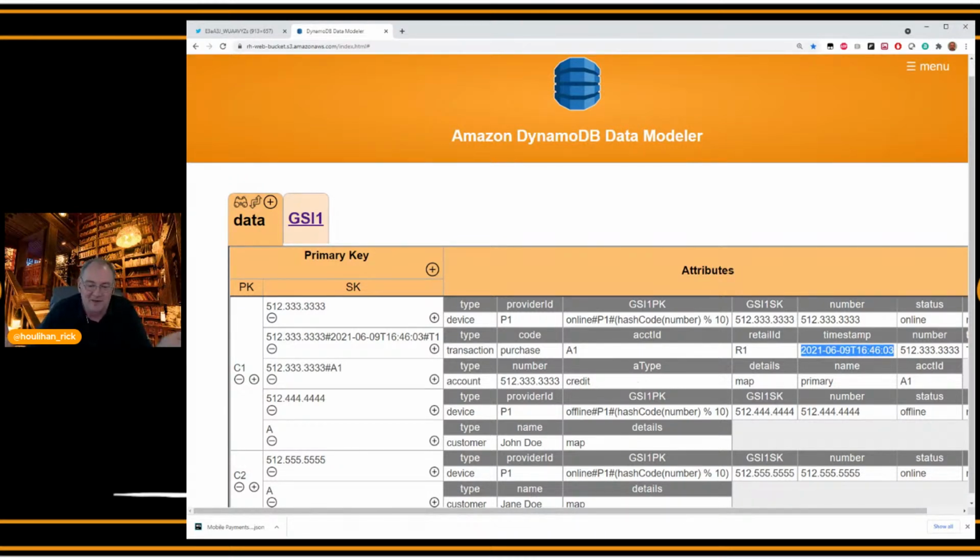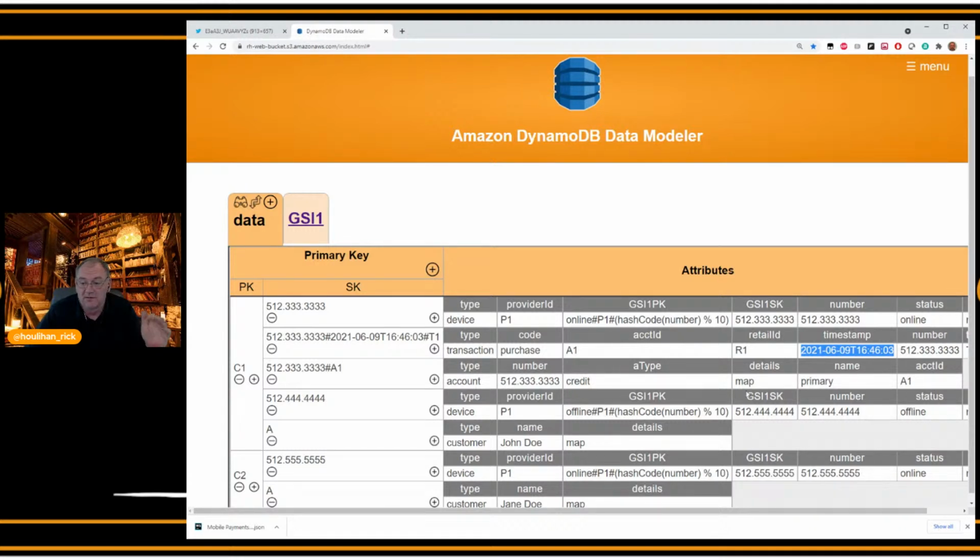I can add the filter conditions to do that easily enough. I can have a date range condition on timestamp as a filter condition instead of a sort key condition. I can say, great, give me everything that has a number. I could add all of this as filter conditions, where a number equals X, where a timestamp is between date 1 and date 2. I could say, or